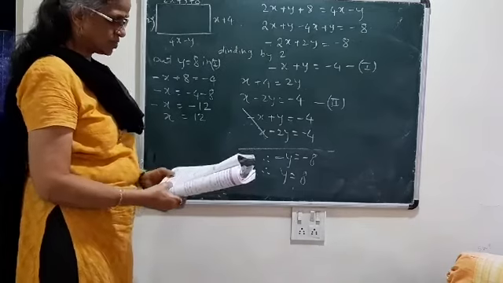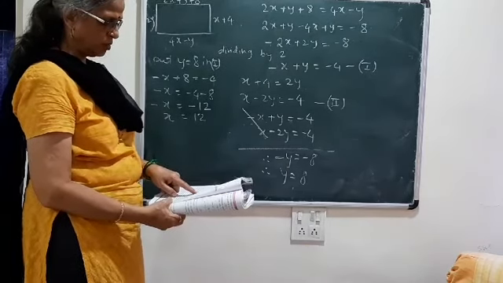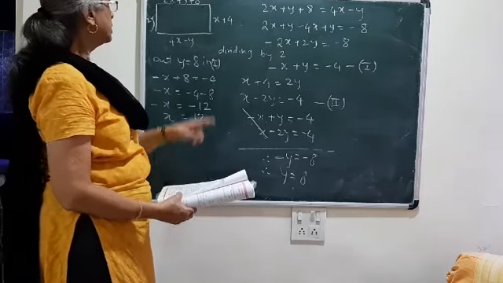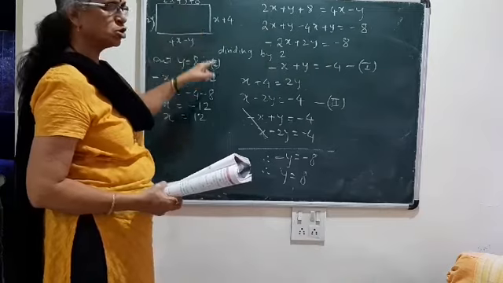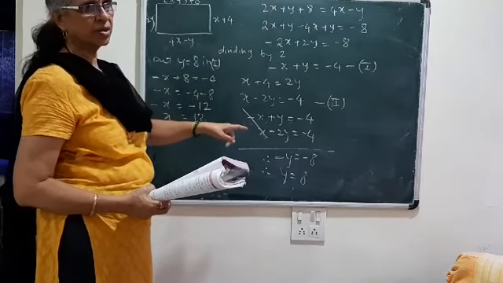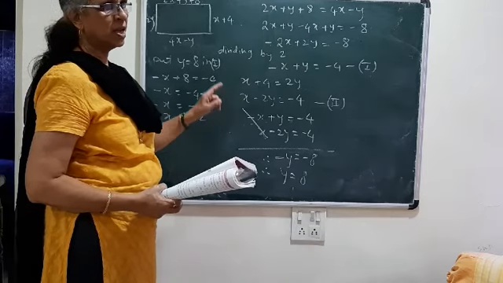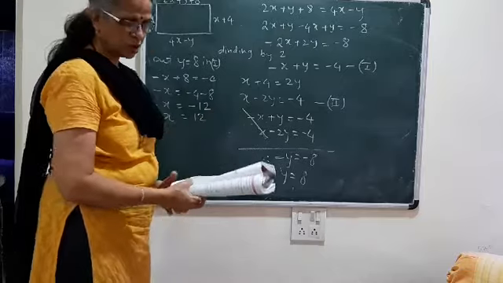After that they have asked one more thing. After getting the values of x and y, they have asked to find the perimeter and area. That means we are going to put the values of x and y in the lengths of sides. Perimeter means 2 into length plus breadth, and area means length into breadth. So here we are going to do 2-3 more steps.